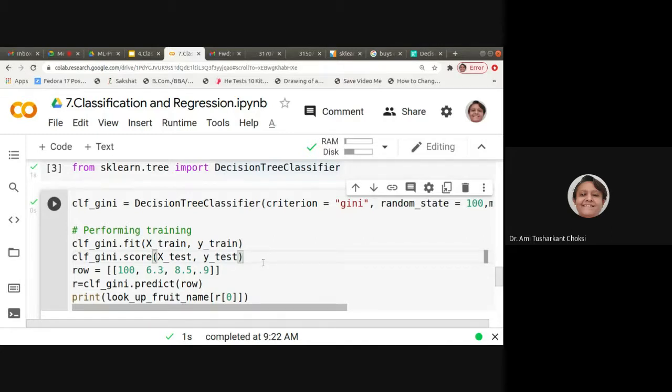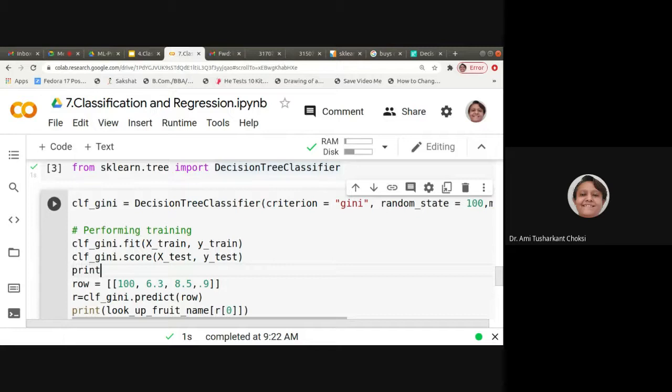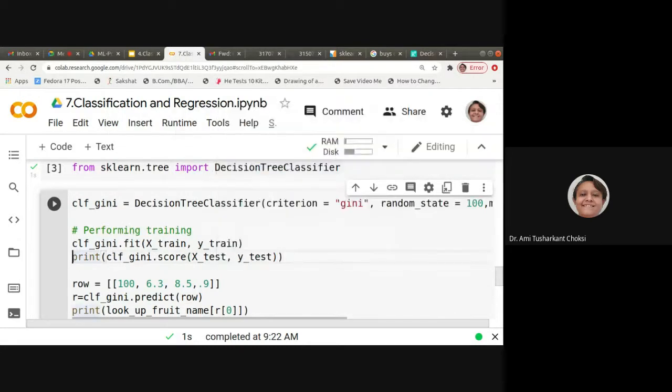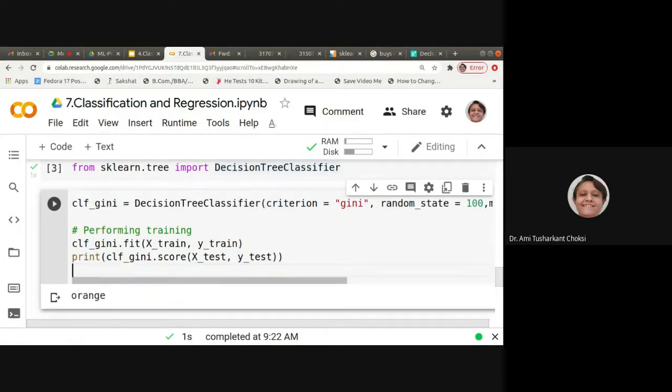So let me show you this here. Here I want to print the accuracy score, right? So that I'll be doing here. Then I can put it in another cell also, fine, no issue.